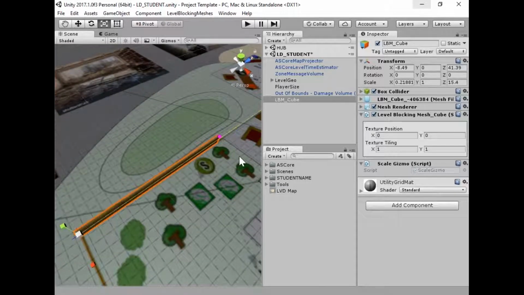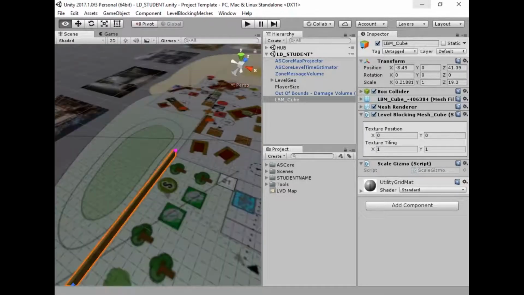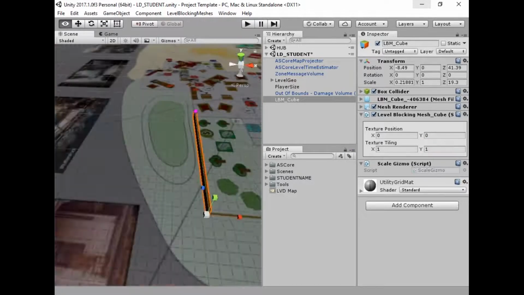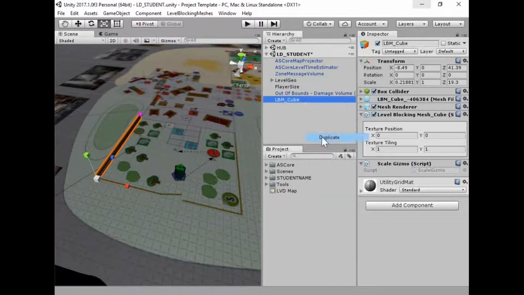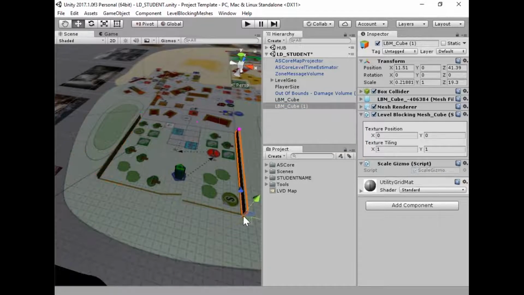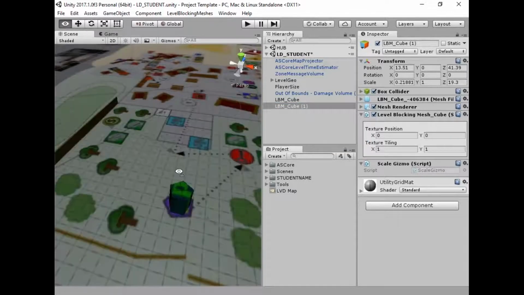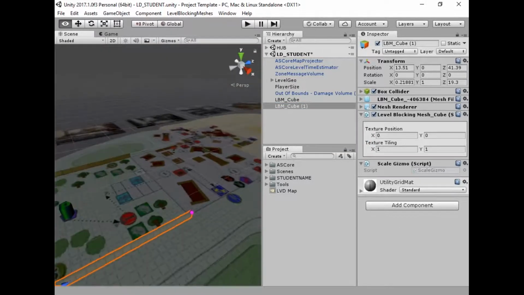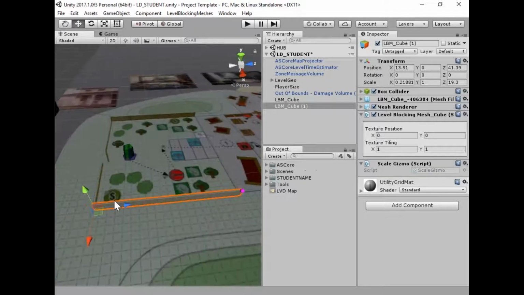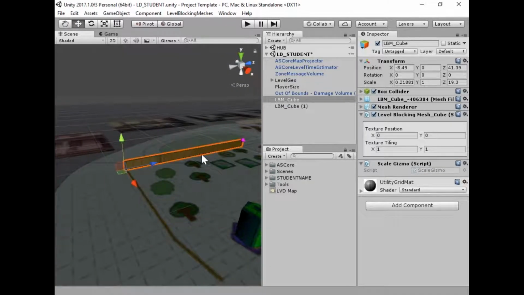Hold control, move this out, and we've got a line for the fence. Duplicate that, hold control, move it over to here. There's the other fence. Now we've got two pieces put down. Okay? So as you're building things,